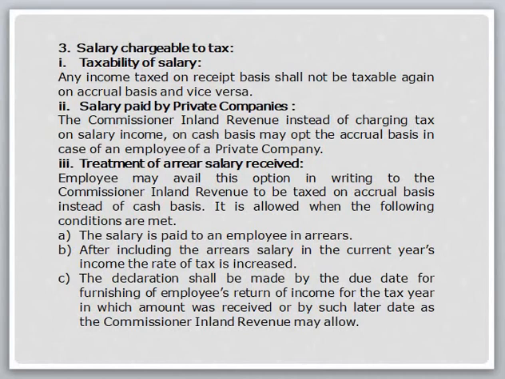Suppose there is income from other sources in the current year along with income from salary, and both as a part of total income may result in a higher rate of tax in the current year. Therefore, the employee, with the consent of the employer, may defer the full or part salary to be offered to tax when he will not have any income from other sources, which will result in a low rate of tax in the subsequent tax year.